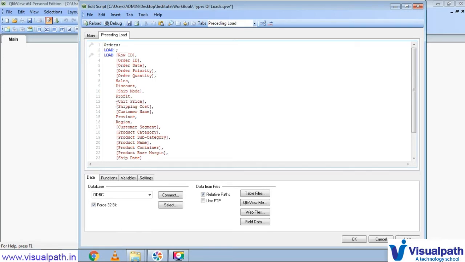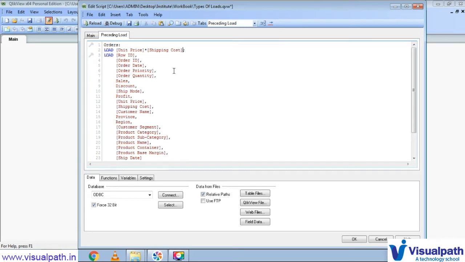I'll delete it here and take unit price. I'll copy and paste it here, then put a multiplication, then put the shipping cost for a unit here. So this will multiply unit price into shipping cost, and we have to give a name to this field.